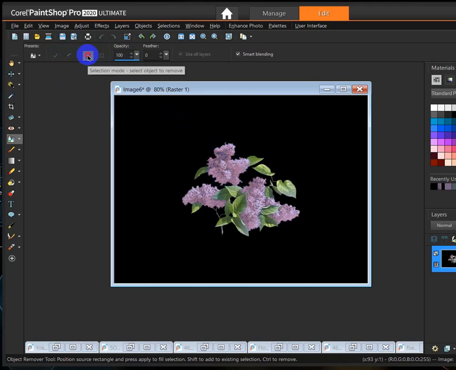So I have to click this with my left mouse, and I'm going to go around this portion and let my mouse go. It is now selected. I have to find something to fill this area with, so I go next to it